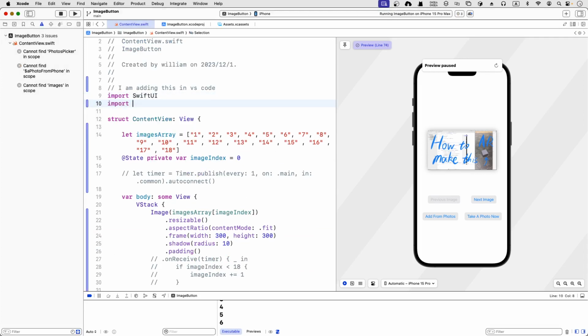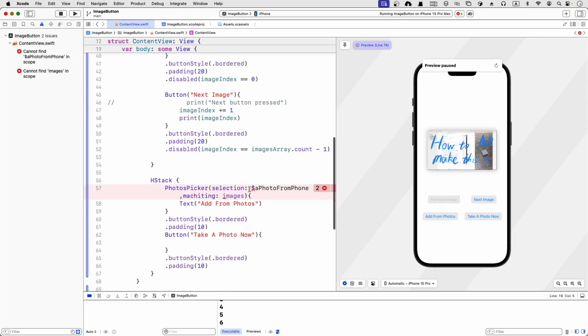Let's import PhotosUI, in order to get the user interface out. So we solved one problem. They can't find PhotosPicker, and yeah, this container thing, a photo from phone, this should be a